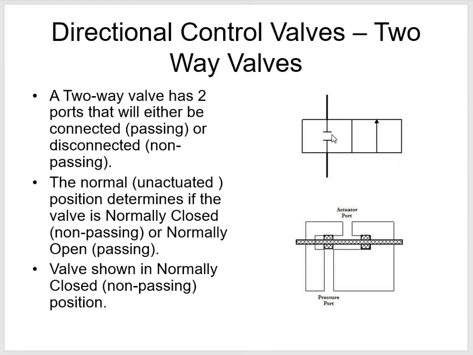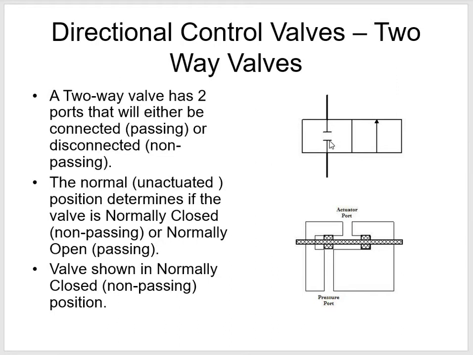So this would be non-passing. Okay, so if I've got this as my normal condition, and we'll get into normal condition a little bit more, in the normal condition, this would be non-passing, or what is referred to in fluid power as